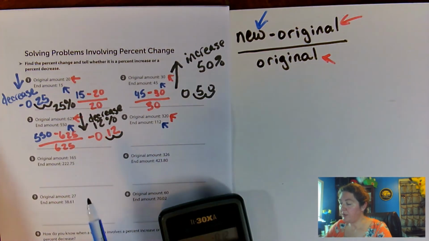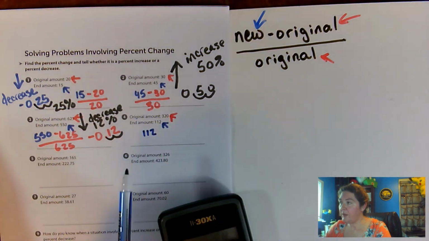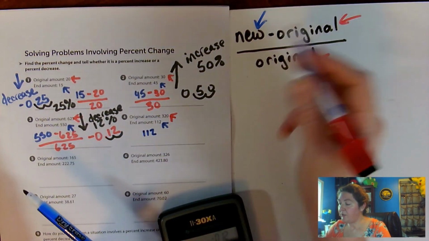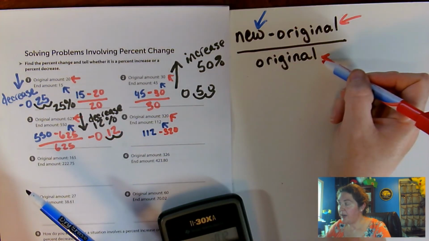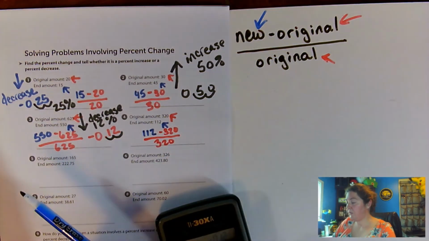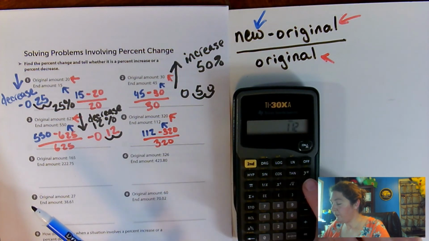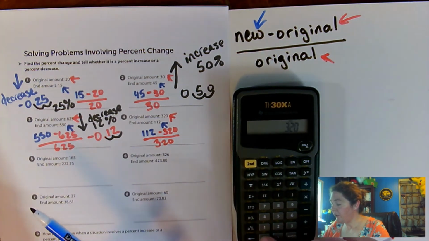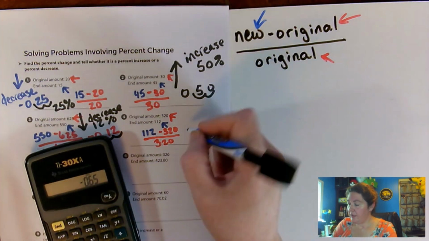So my formula says I'm going to take 112, subtract it by the original, which is 320, divide by my original. So let's plug that in our calculator. We get 112 minus 320 divided by 320, and that gives me negative